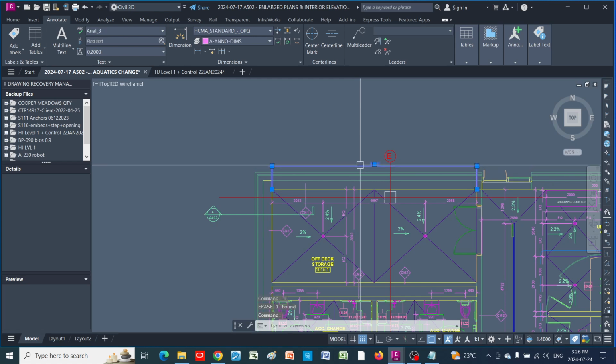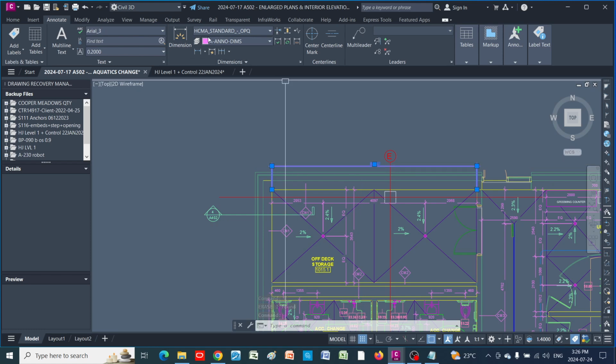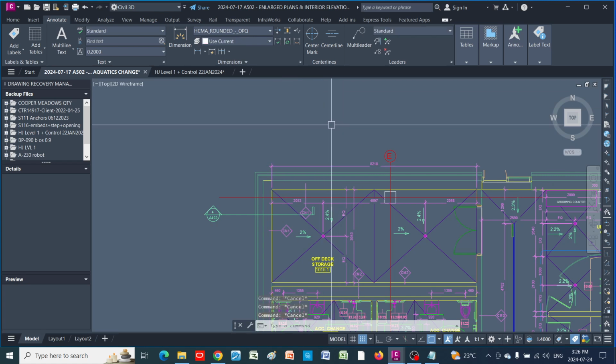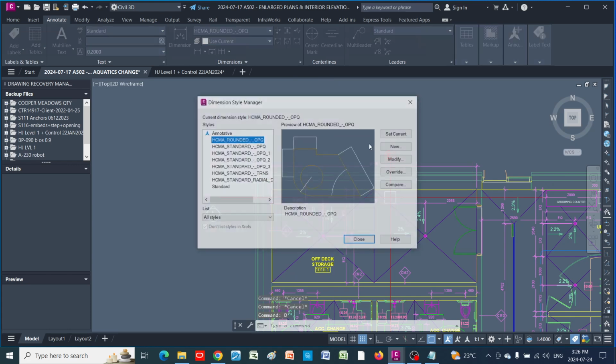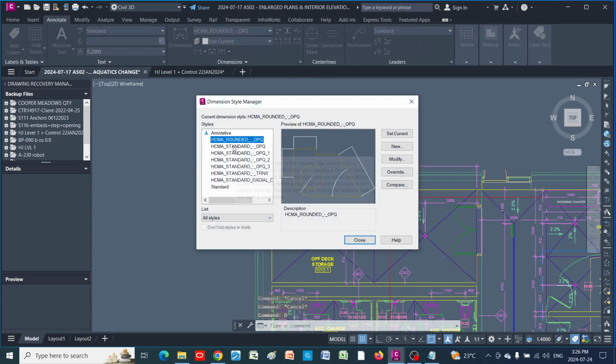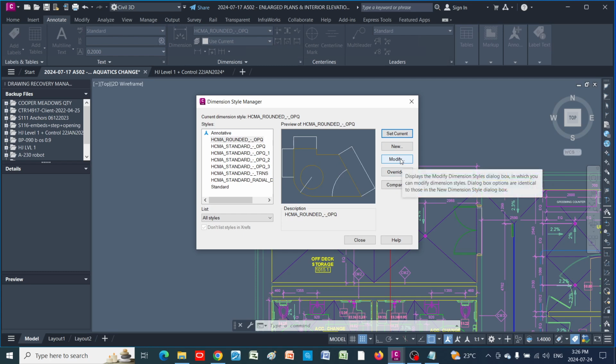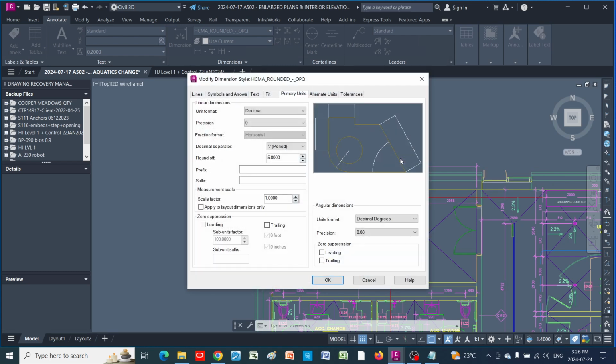The dimension style that it uses is this one, HCMA standard OPQ. Type in D for dimension style, and then I'm gonna choose this, set it as current, and modify it. Under primary units, I'm gonna check the scale here.